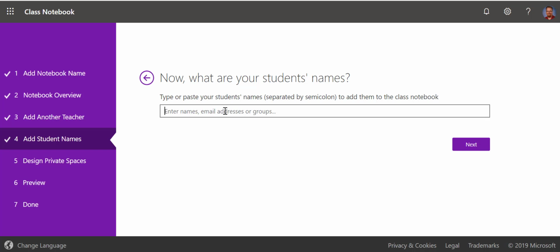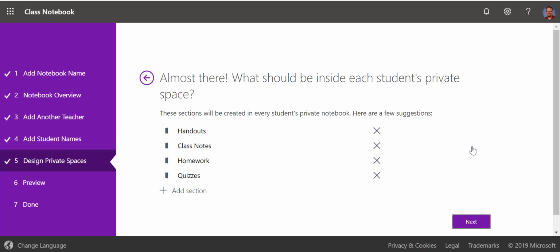So once you enter the students' names, and I'm going to go ahead and actually enter a teacher's name here, a teacher with whom I'm working at a middle school, I'm going to make him the only collaborator in this notebook. Now we're almost there. What should be inside each student's private space? This is what the students will see in their private notebooks, and this would be similar to how if you wanted your students to carry a physical binder with them, what sections would you want them to have in that binder? It defaults to handouts, class notes, homework, and quizzes, and these are spaces that teachers can send materials into,